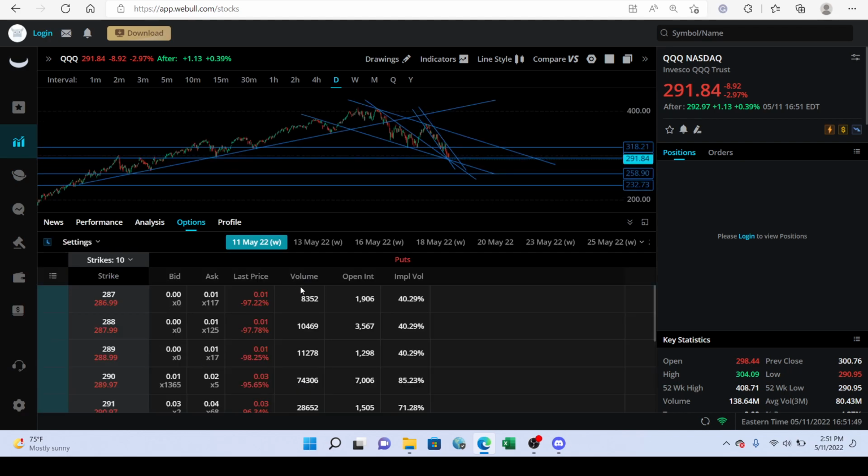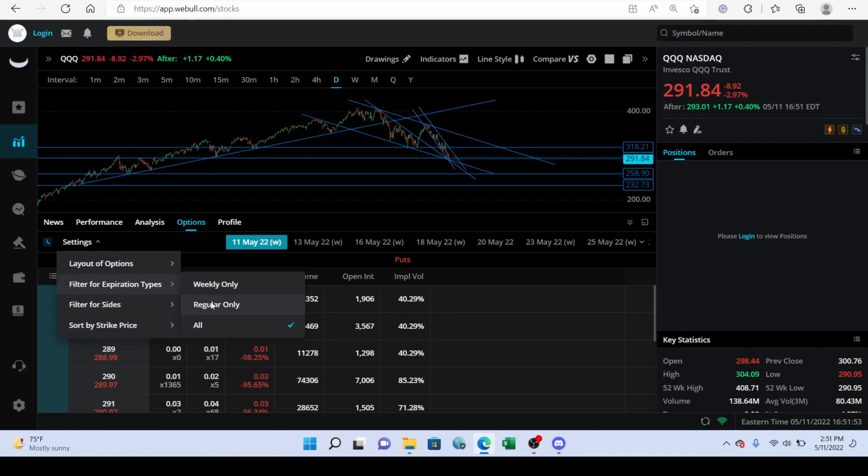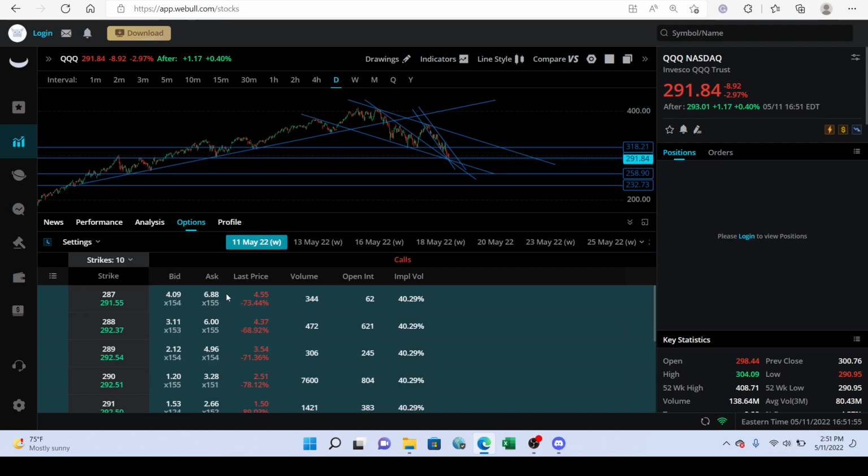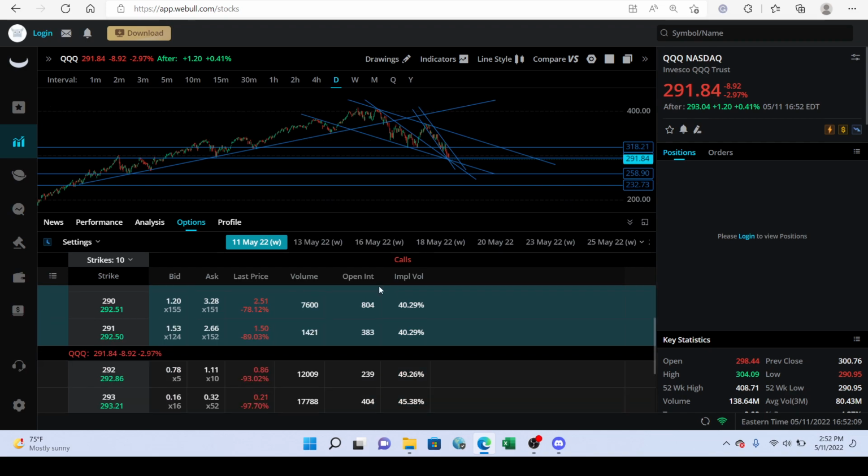Let's just talk about it real quick here. So, for example, if I'm going to talk about covered calls, this requires you to own 100 shares. And it's basically the opposite of long options. You're shorting. So let's say if I were to buy 100 shares of QQQ right now at around 292, and